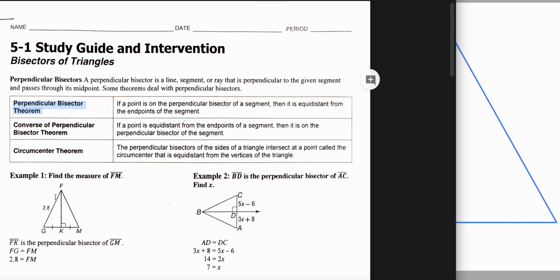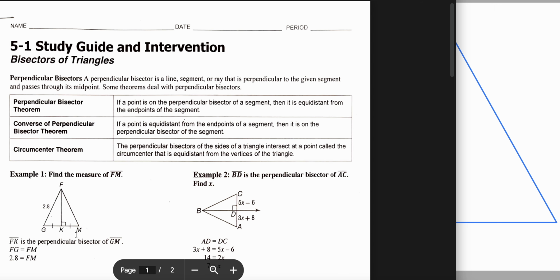So if the problem says FK is a perpendicular bisector, then you could know for certain that it forms a 90-degree angle with GM, and you could also know from the perpendicular bisector theorem that GK is congruent to KM. Okay, great. Now, the converse of the perpendicular bisector theorem states that if you have this setup with this triangle,